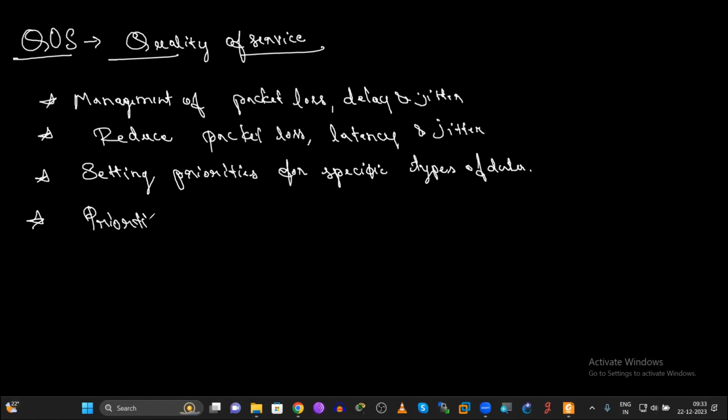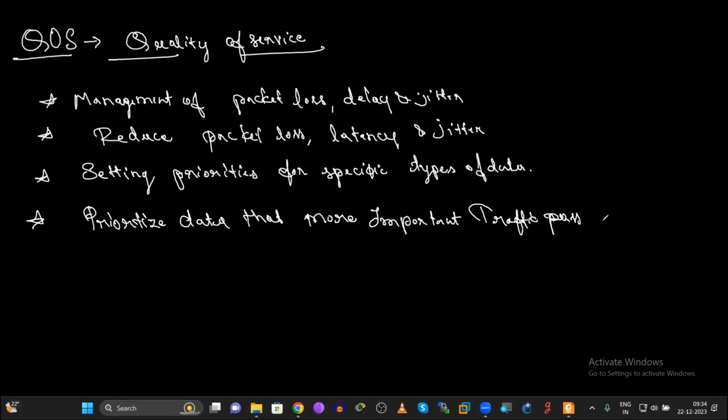Prioritizing the data, prioritize data that is more important. Traffic passes first.